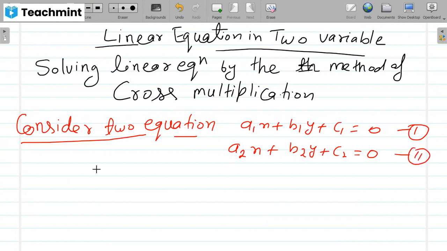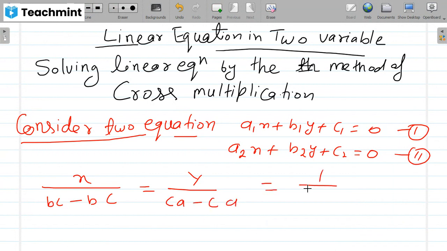And for the cross multiplication method, taking x, we mark here b1c2 minus b2c1, and this is equal to y by c1a2 minus c2a1 in cyclic order, and this is equal to 1 by a1b2 minus a2b1. After that,